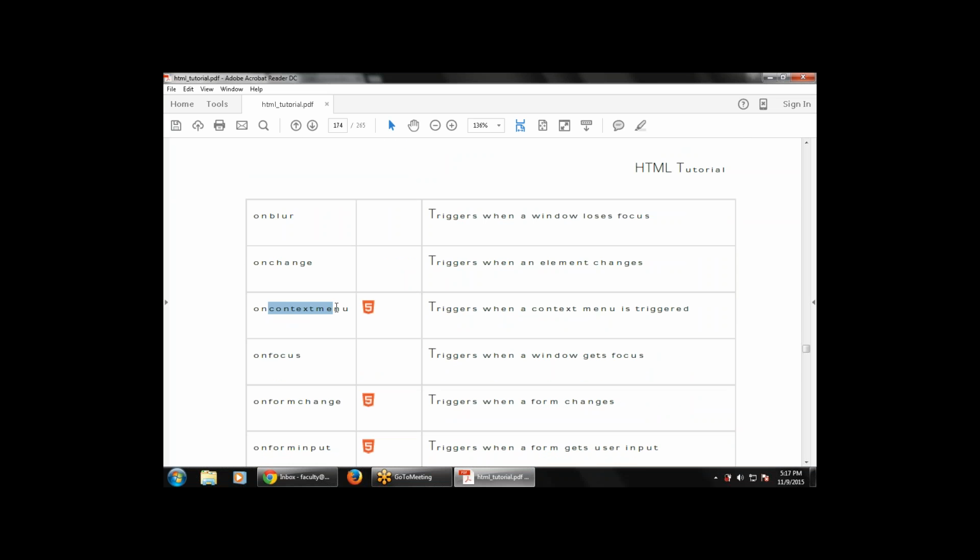Then on context menu, that triggers when the context menu is triggered. And then on focus, that triggers when the window gets focus. So if there is any focus on the window, that is handled by the on focus function. Then on form change, that triggers when the form